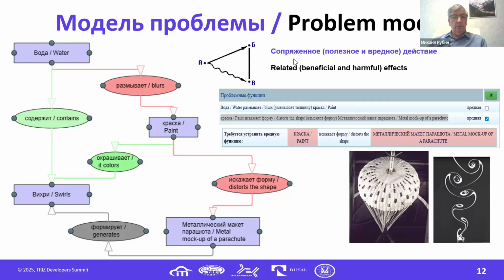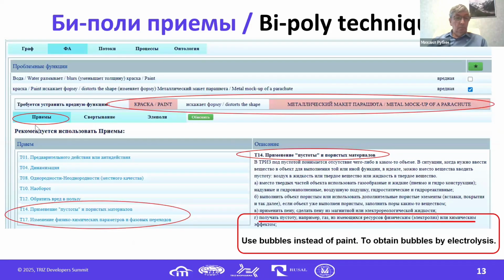And using AI, we can automatically define the type of a conflict here when we define it automatically. When we do that, we see that it's possible to define these standards we can use. So this is a standard which is related to both beneficial good or bad functions, beneficial or harmful functions. Further, we recommend